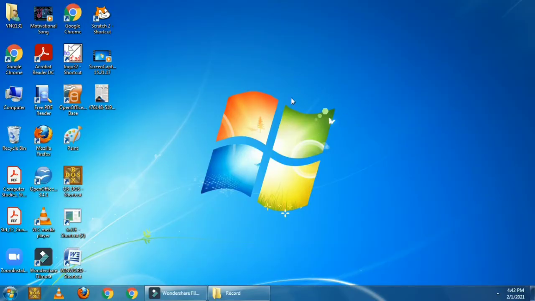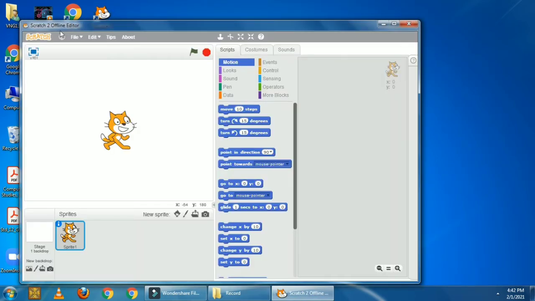So kids, this is my computer screen. Today we are going to learn the topic generating random numbers using pick random block in Scratch. In your textbook on page number 69, this project is given and the name of this project is figure 8.5, script for sprite to say random numbers. First let's start our Scratch 2 here on my desktop. I am just double clicking on the Scratch shortcut. It will open. See, this is our Scratch 2 offline editor.